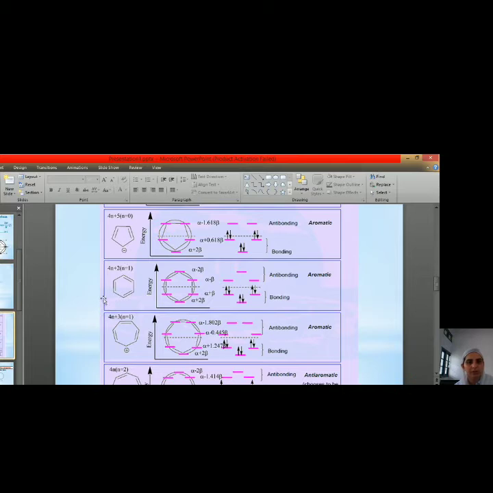Now coming to benzene. In this case, we inscribe a hexagon inside this circle. And as we know that in benzene we have 6 pi electrons, when we fill these electrons, we find that all the orbitals are filled and the system is aromatic. Now coming to the cycloheptatrienyl cation. In this case, we inscribe the heptagon inside the circle, and we have 6 pi electrons in this system which are filled in these orbitals, and we find that the system is aromatic because of fully filled orbitals.